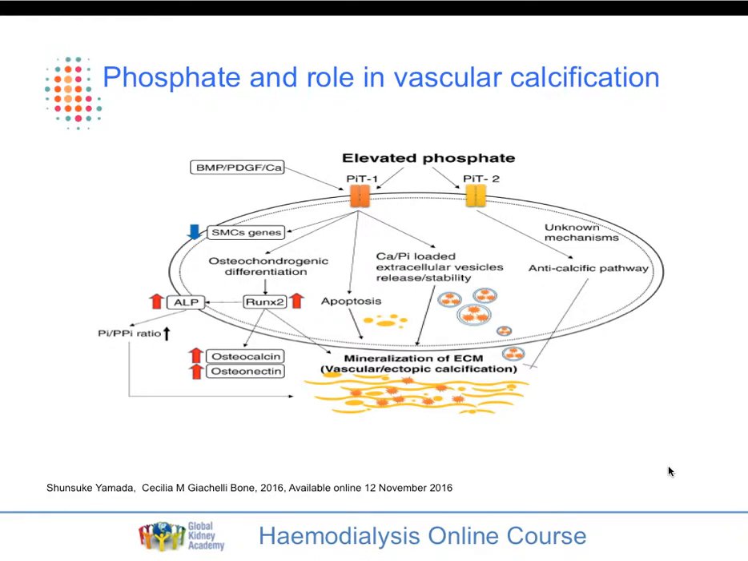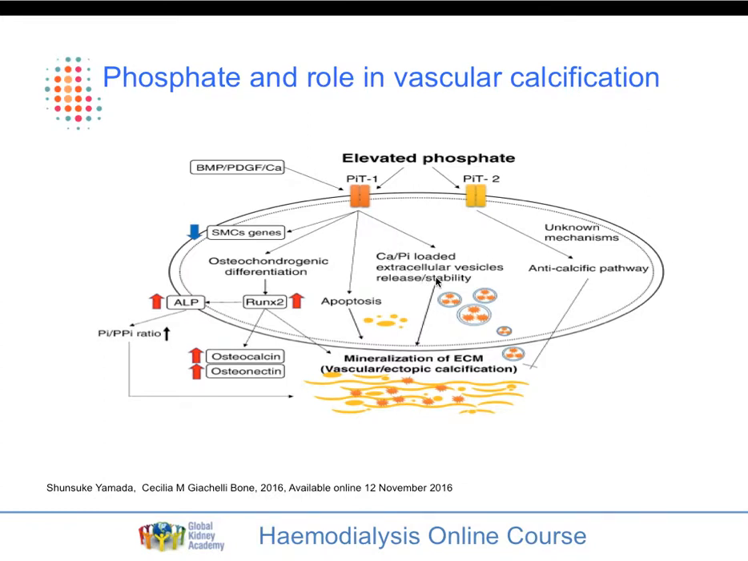So what about the molecular mechanisms that underlie vascular calcification? I'm not going to go into this in a lot of detail, but this diagram just shows what would happen to a vascular smooth muscle cell and how it can change its phenotype to a calcified cell or a bony type phenotype. So you have these phosphate co-transporters, PIT1 and PIT2, and PIT1 is the one that's more associated with vascular calcification. It induces the apoptosis of vascular smooth muscle cells and releases